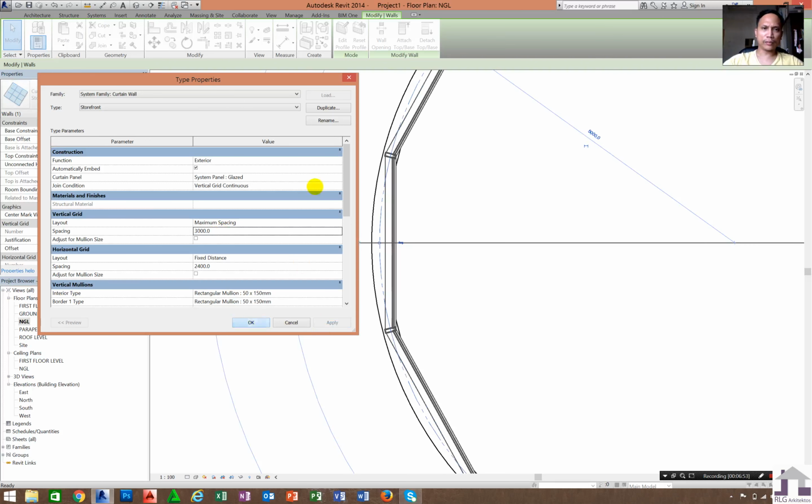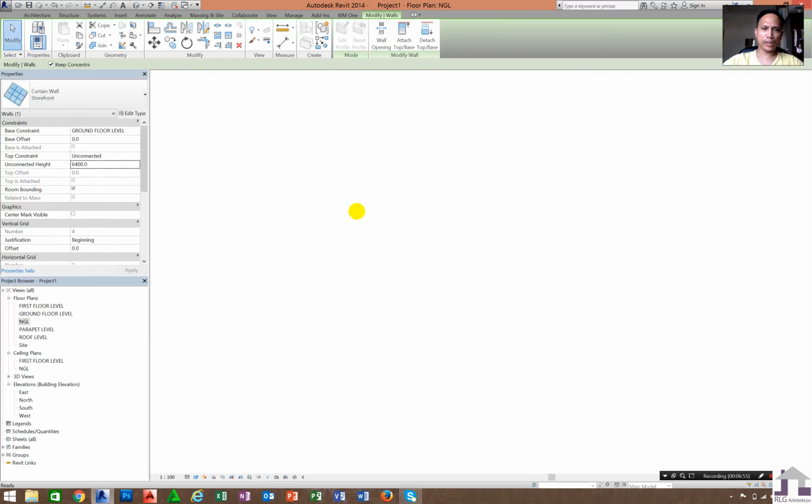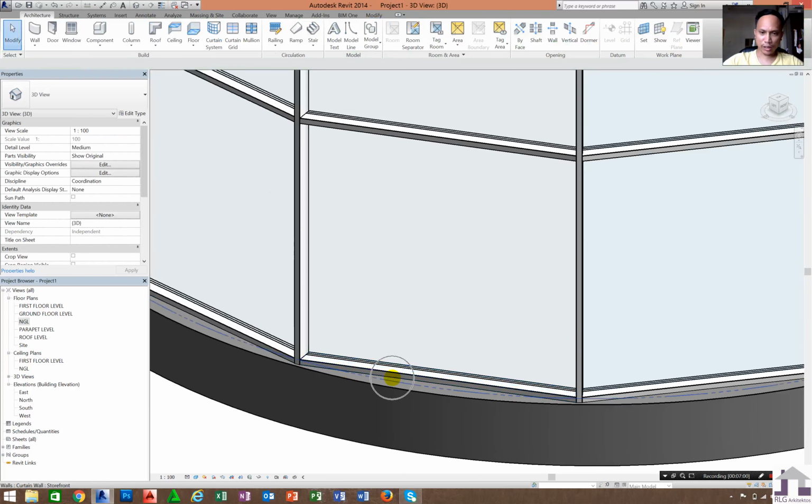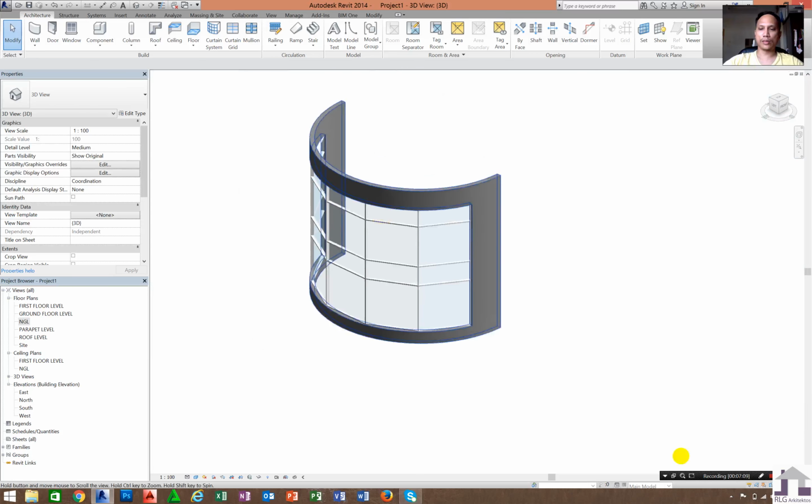You will see that it's not that nice to see the alignment of the mullion to the existing wall finishes.